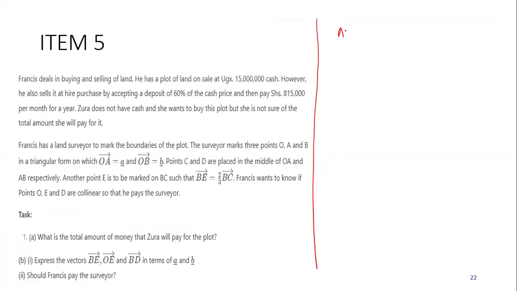Then I'm going to say a sketch showing the land boundaries. That is just my simple title. Since they told us it is a triangular form, now you need to pay attention. It can be triangular in nature, it can be a parallelogram, it can be a rectangle. So you need to check which kind of shape they are dealing with. That one is going to be important.